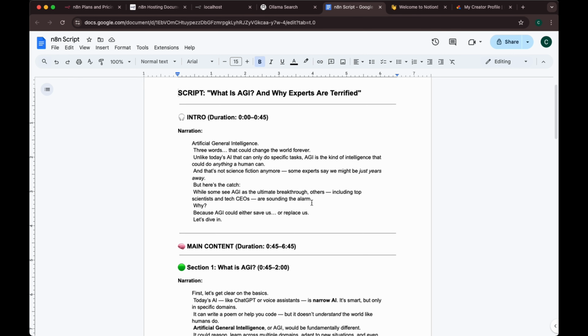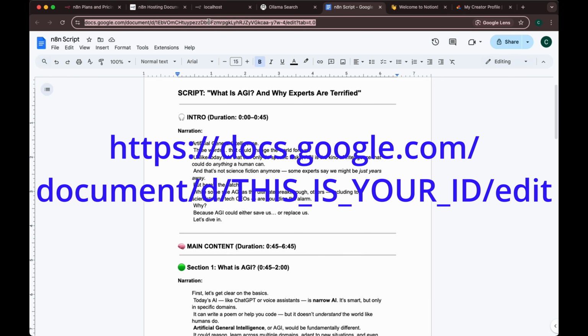Start by placing your main script or blog post inside a Google Doc. This will be our content source. You'll also need the doc ID, which is in the URL. Example: